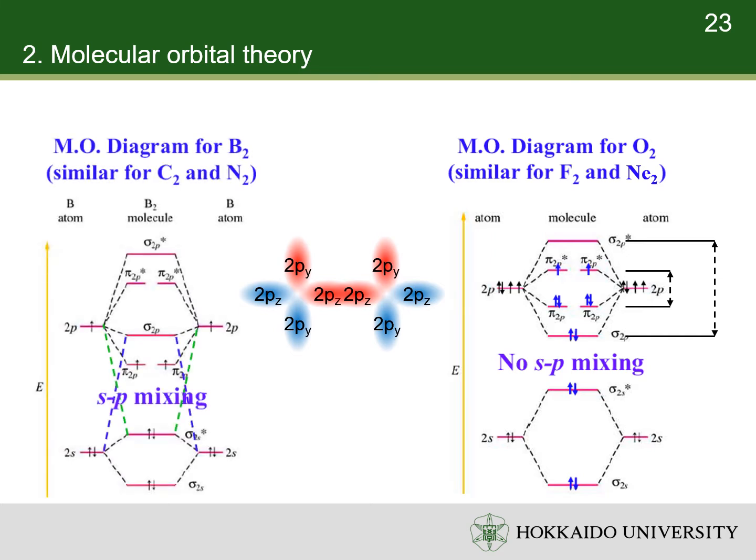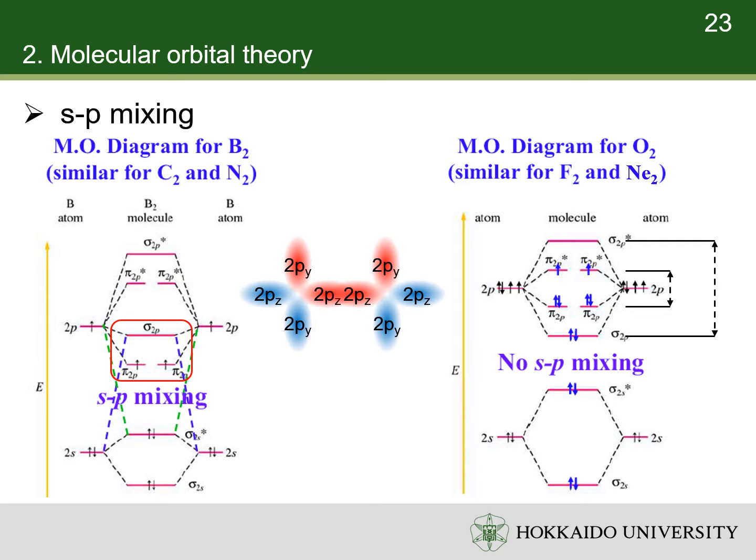The molecular orbital diagram of the diboron molecule is also shown below. You can easily find the difference in the molecular orbital diagrams. In the molecular orbital diagram of the diboron molecule, the energy of the bonding sigma 2pz orbital is higher than the energy of bonding pi 2px and bonding pi 2py orbitals.